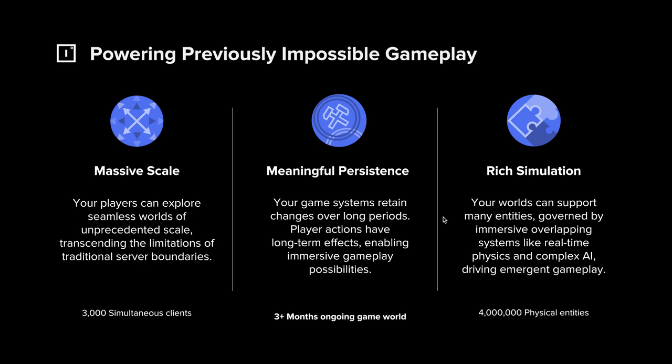Persistence is something that players are demanding more and more of in modern games. And by persistence, what I mean is lasting impact from player decisions. So a player can actually have an effect on the world that lasts beyond the length of a play session. And finally, rich simulation. I normally talk about this in terms of complexity. I don't just mean that there's more numbers, more AI, more physics going on. I mean that the complex interactions between all of those systems can be increased by unlocking compute using the cloud.